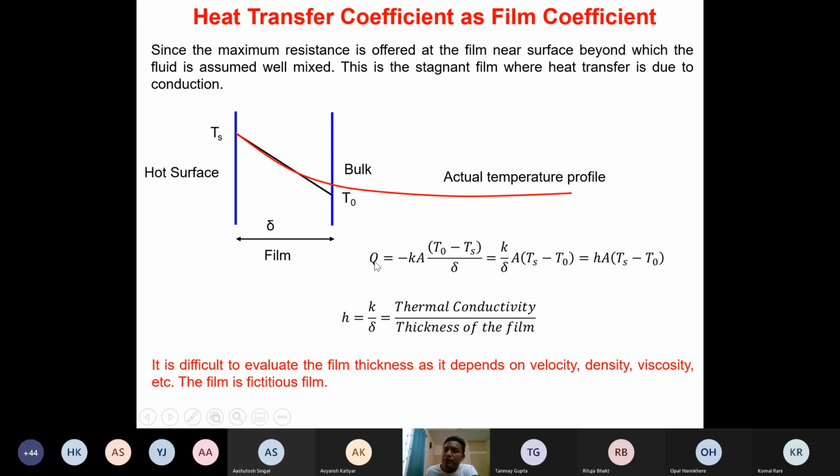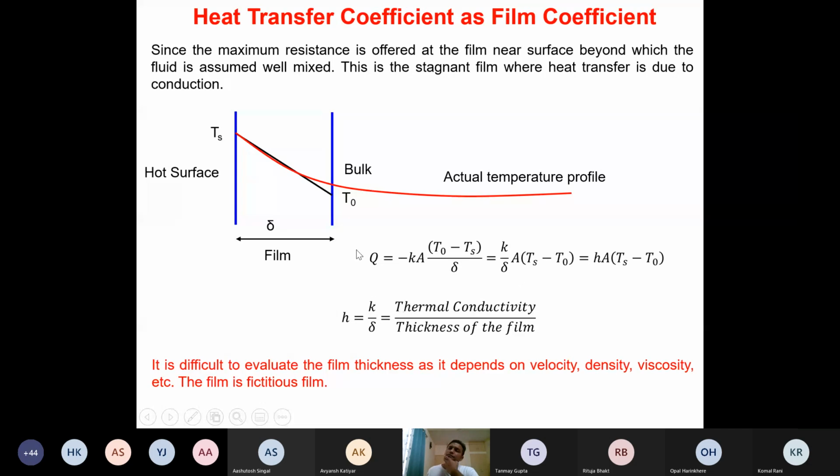So by using Fourier's law, the rate of heat transfer is obtained as minus thermal conductivity K into area into the temperature gradient. So the temperature gradient in this case is going to be T naught minus Ts divided by delta. So if we rearrange this equation, what we are going to get is K by delta A Ts